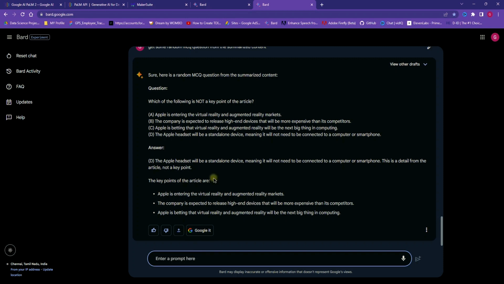And the next prompt we will be seeing is tourist planning. This Google Bard can also be used for planning good trips. I would like to plan a trip to Goa for 3 days. If I give a prompt like this to Google Bard, it will give me a complete plan for 3